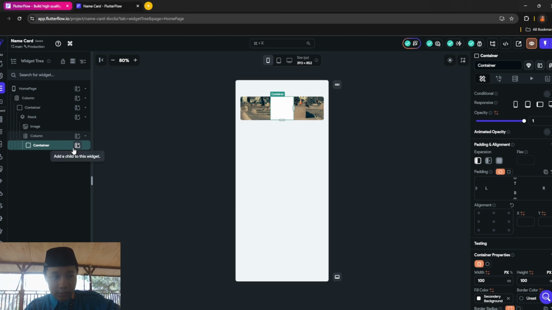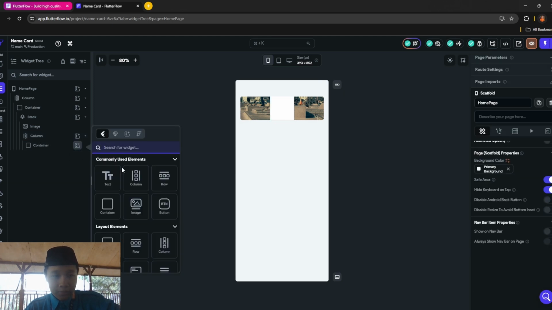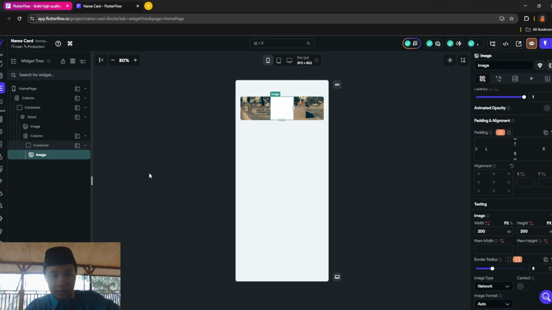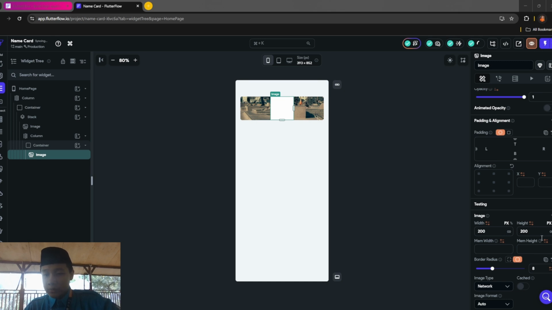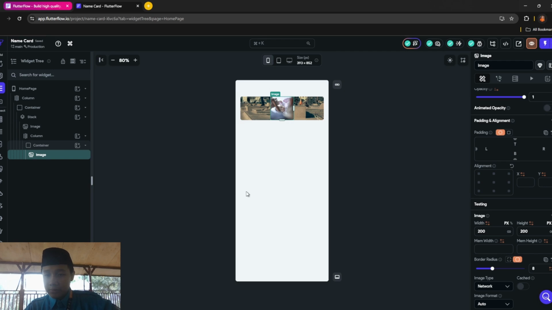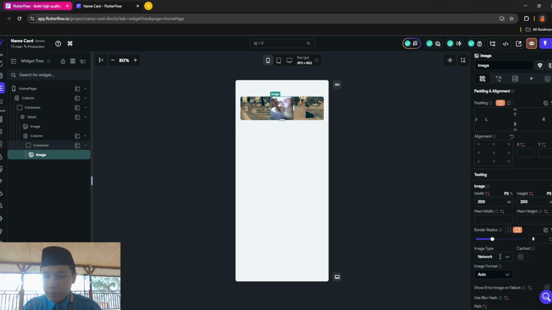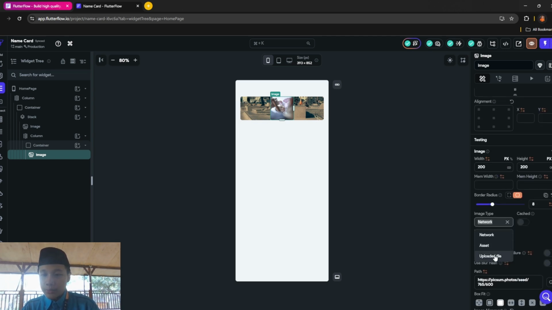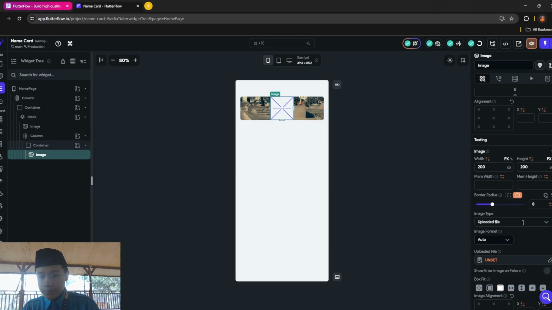Then after that, you want to add an image in the container. It should be just like this, and then you want to change the image type to uploaded file, asset.